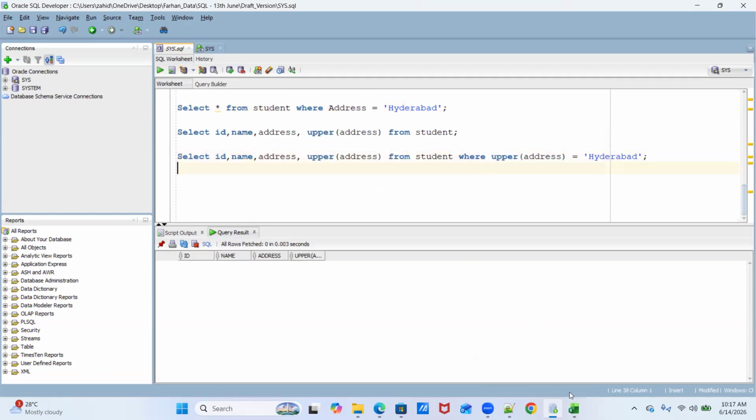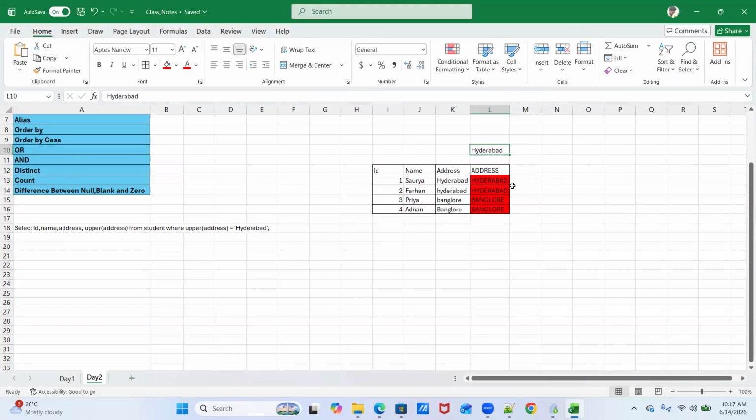So what should be our approach? Our intention is to filter based on Hyderabad. If we convert this value into uppercase, then we'll get all those records, right? That's what we have to do.